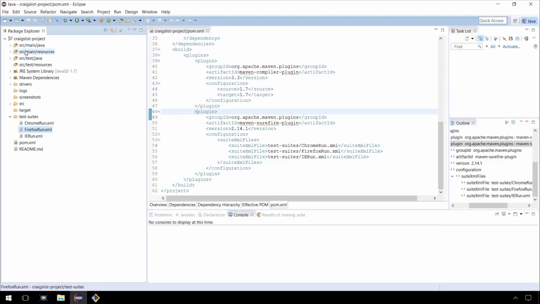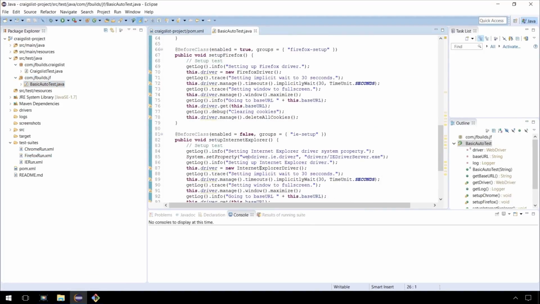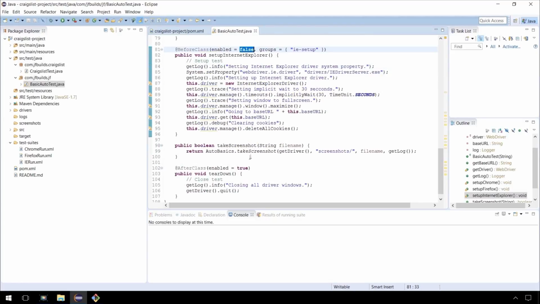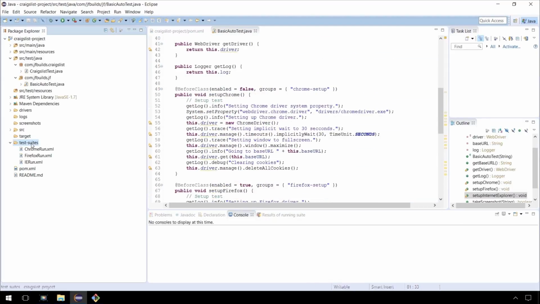And then you'll be able to run all your scripts using that specific browser. But you'll want to make the modification by looking inside of your basic auto test. You'll want to make sure that you enable all these. Right now, only Firefox is enabled to true. The other ones you'd want to also be enabled to true,